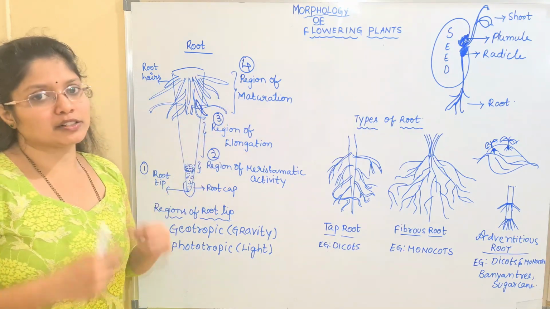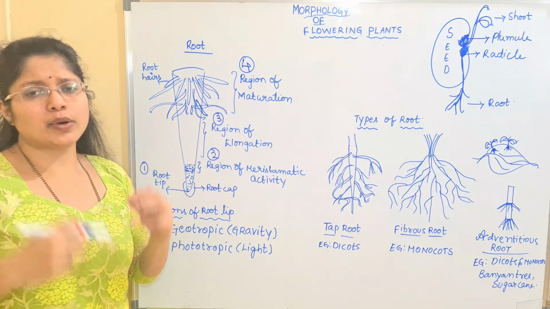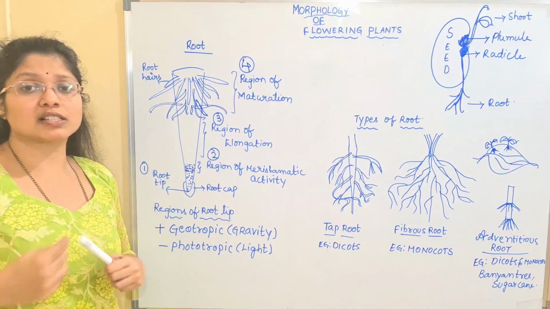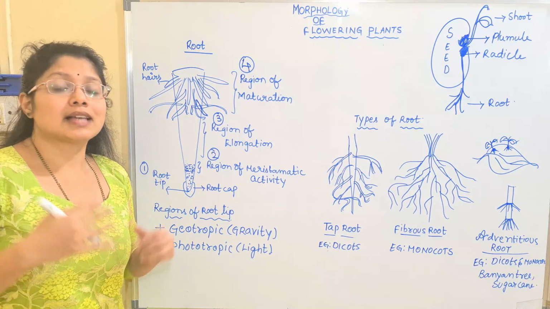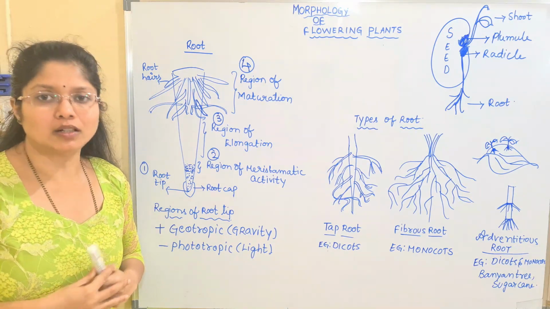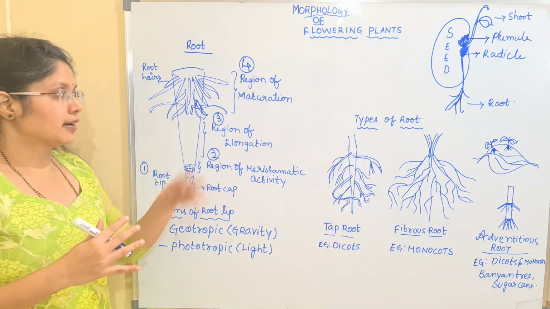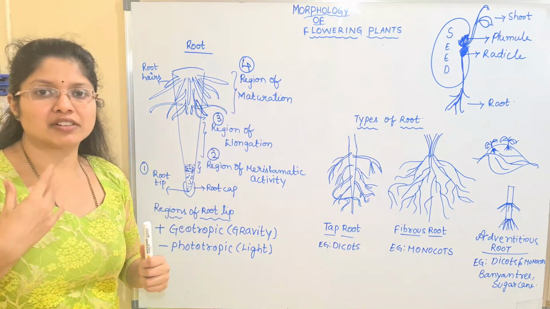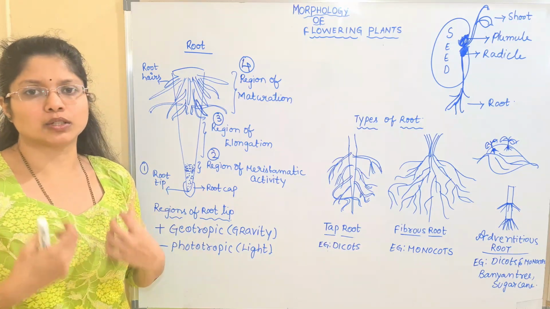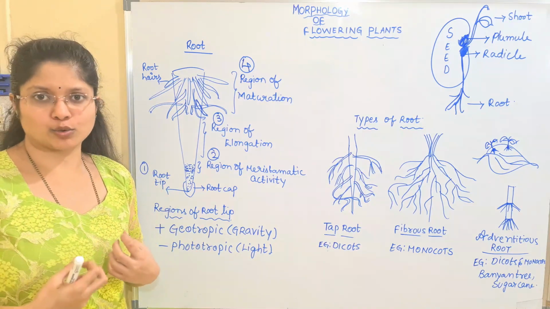And which is said to be the differentiation. So this is very, very important, children. You have to remember this term differentiation. Differentiation is nothing but attributing some function to a particular cell. It is said to be the differentiation, and during the maturation time the differentiation will be taking place. It is just like giving responsibility to the particular cell or tissue.